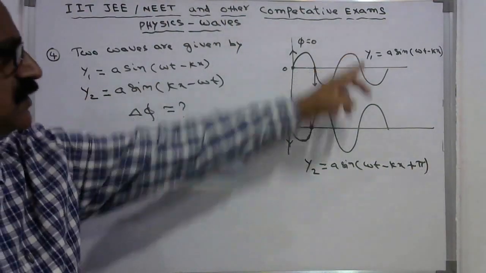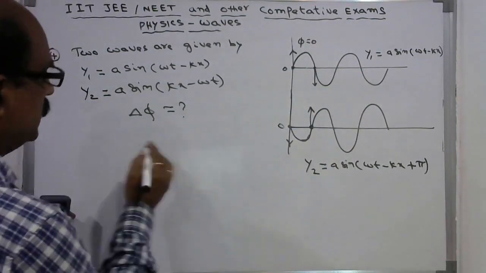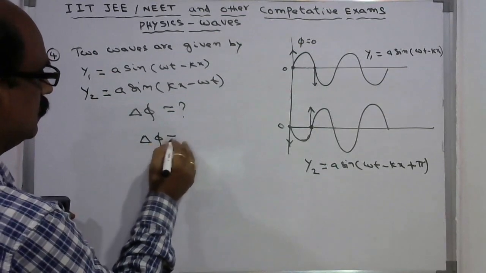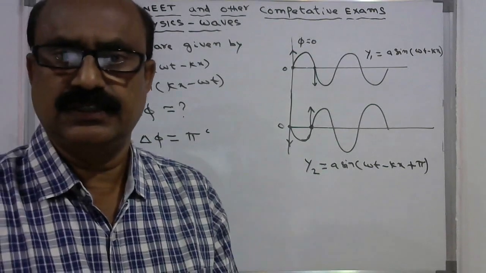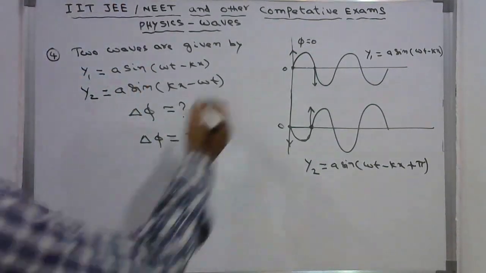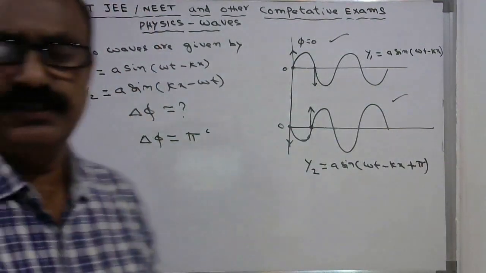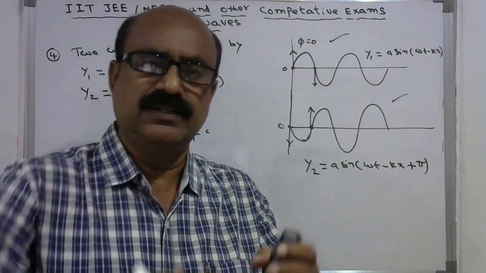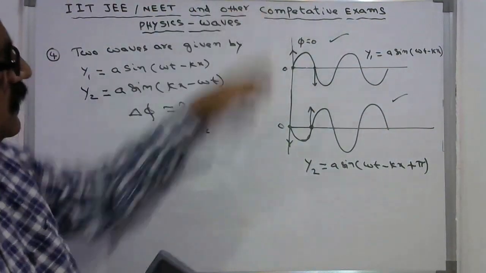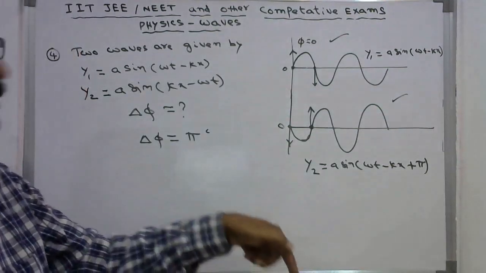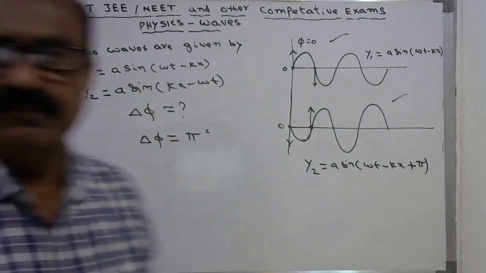So what is the difference between these two? These two waves differ by a phase angle of pi radians, 180 degrees. That is why you can write the wave in either this form or this form. That depends upon whether it initially started with an upward direction or a downward direction. Here this wave is moving upward, this wave started by moving downward. That is the only difference you can express in any way.